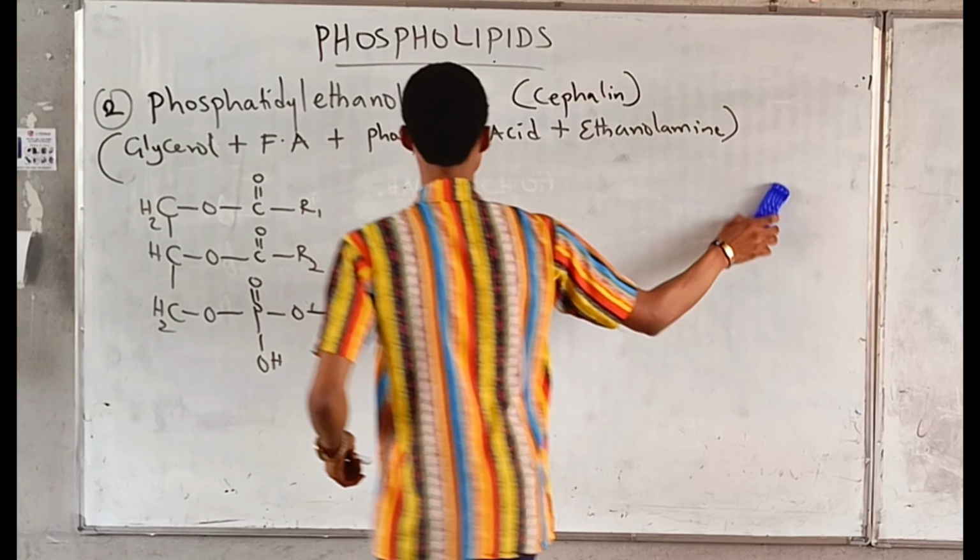Now, if I want to attach this serine to this, where do I attach? Remember, it's always OH, right? Now, if you want to draw phosphatidyl ethanolamine, the first question you should ask yourself is, phosphatidyl ethanolamine is made up